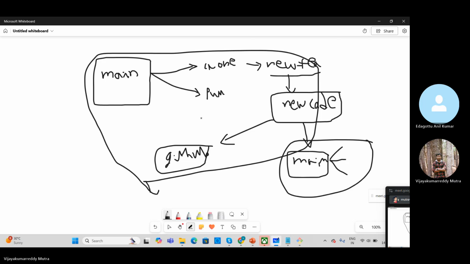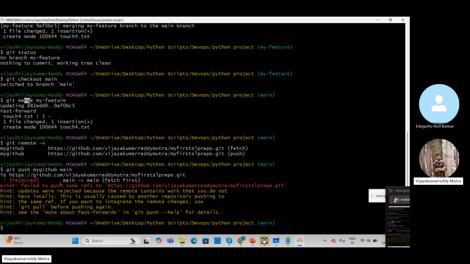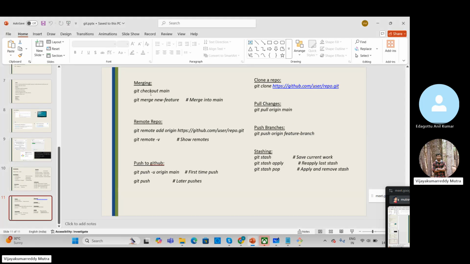So this is about the merging concept. Any questions regarding this one? What is this merge? This one is giving some issue. I'm not sure what it is. We have to fetch, but we wouldn't have anything, right? Okay, so this is how you can simply merge, and then you can upload this main branch directly to the